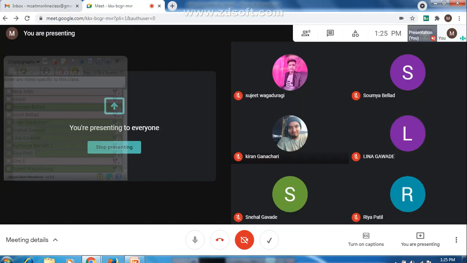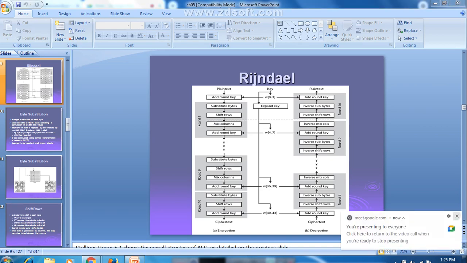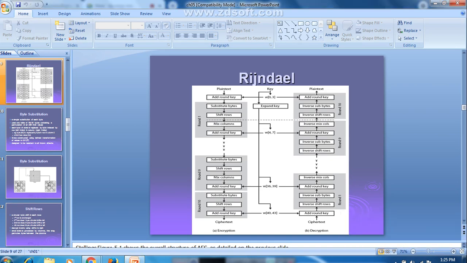Yes, see, the add round key is just a simple bitwise XOR operation performed on each block with a portion of the expanded key. Portion of the expanded key, why? Because, as already told, for each round 4 keys are used. Yes or no? So you use part of the key, a portion of the expanded key, passed as one of the inputs for this add round key function. Clear? Only this step makes use of the key. Hence, it must be used at the start and end of each round.